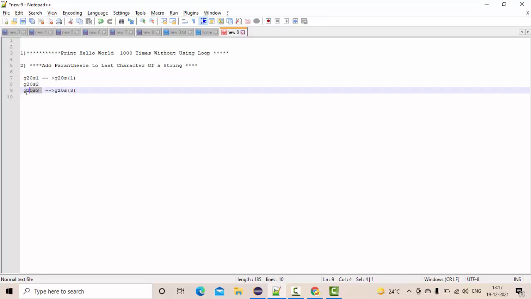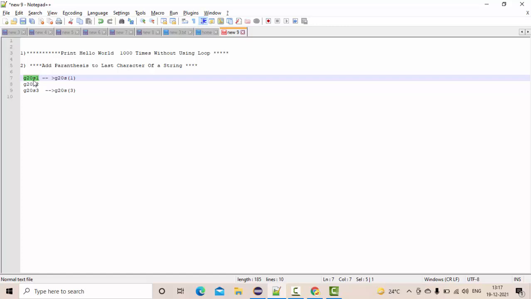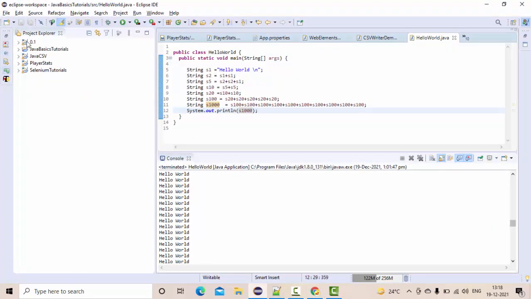This will come from the DB in the actual scenario, and I am going to print it onto the report. So this part is actually a string here, and what we are going to do is use the substring concept and add these two parentheses. So let's get directly into the program, guys.